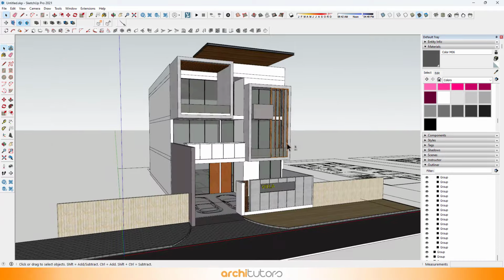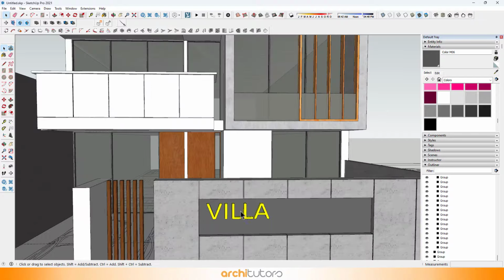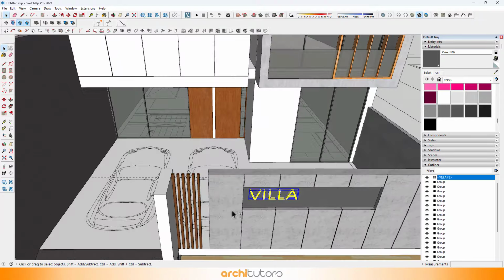You can add more necessary details like adjoining boundary walls, pavement and road to make the elevation look complete.